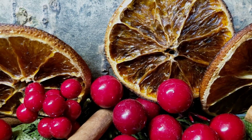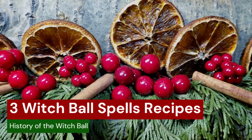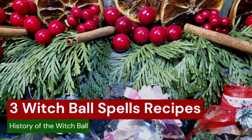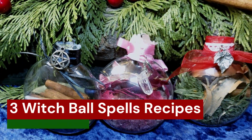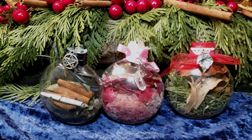Welcome to Pagan Crafting. Today, we're going to look at 3 witch ball spell recipes and the history of the witch ball. We're going to be looking at a spell recipe for protection,